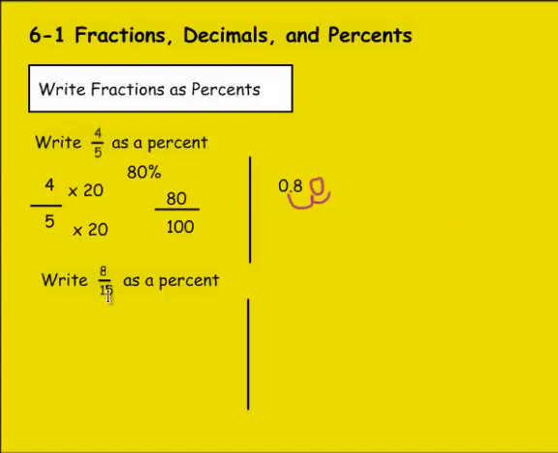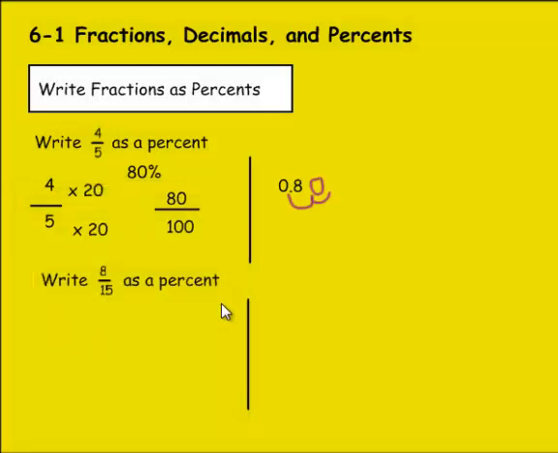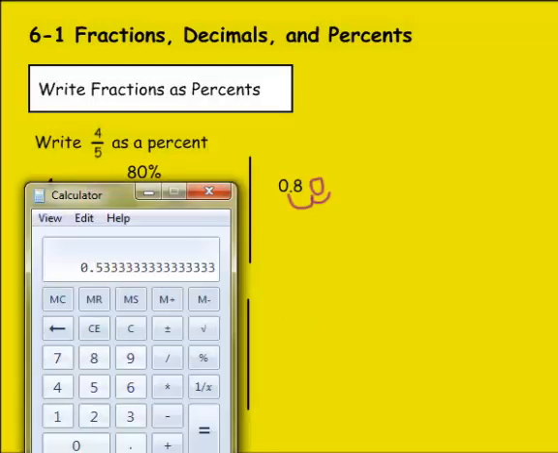Now we have 8 divided by 15 as a percent. I know that 15 doesn't multiply into 100, so for these ones I'm not going to be doing the fraction method. Because if I do 100 divided by 15, that's a big decimal. So we can skip the fraction method on this one. We could just turn it into a decimal right away. So 8 divided by 15, which would be